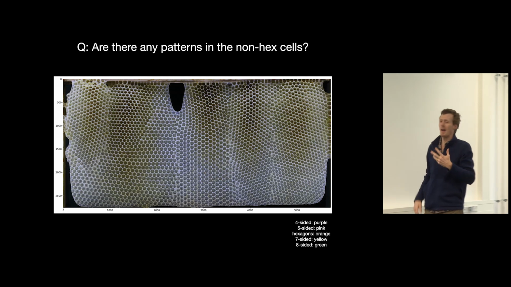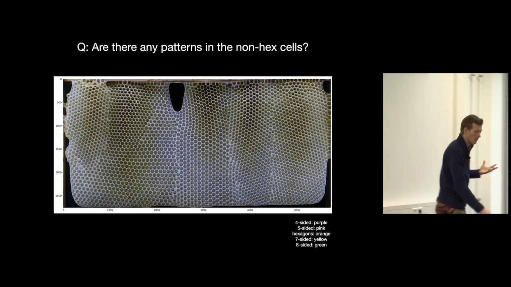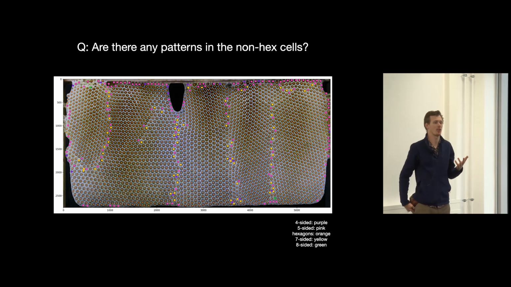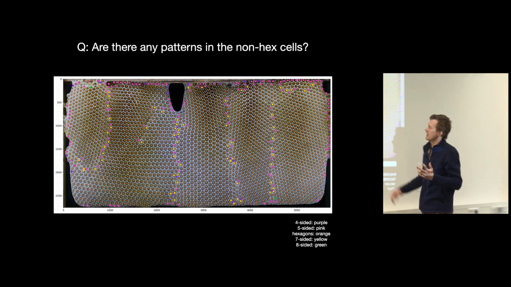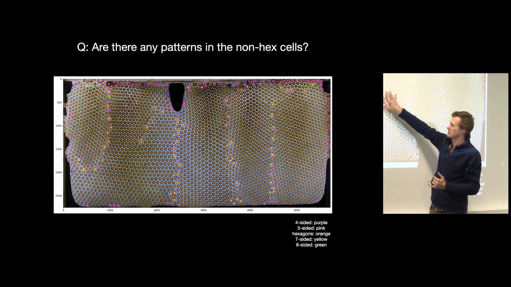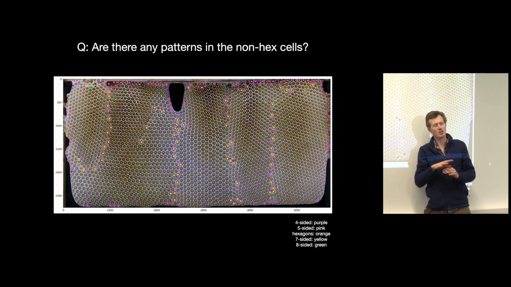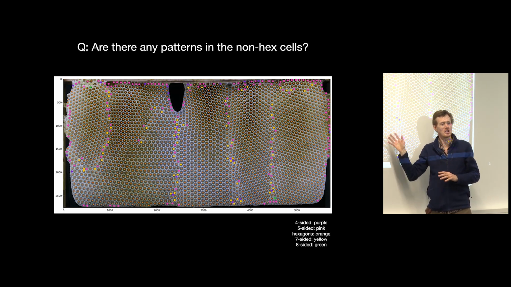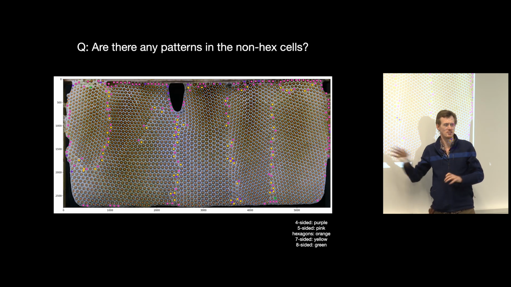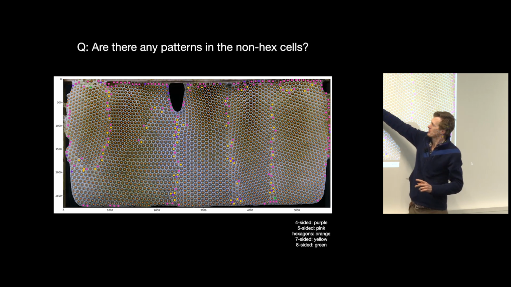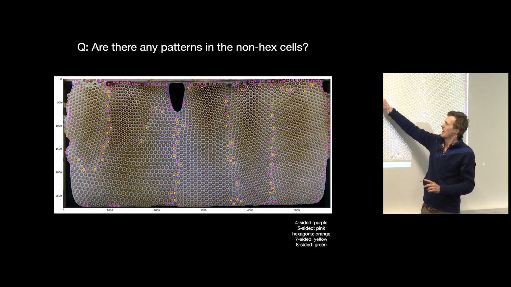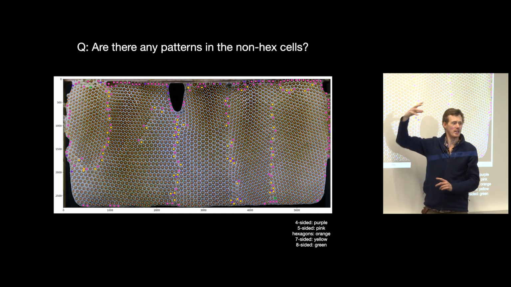But because we could look back at these images and because we had this new tool, we could also look at, well, what's the actual pattern of all those different non-hexagonal cells? And if you've got a good eye, you might notice, so first off, orange, I'm using the same color. By the way, if you're colorblind, these should be colorblind safe. Occasionally I've talked to people who are colorblind who say, Michael, you can't get 5 colors and still be colorblind safe. So hopefully this is kosher. All these orange dots are for all of our hexagonal size cells, and I made the circles bigger for all the non-hexagonal cells.